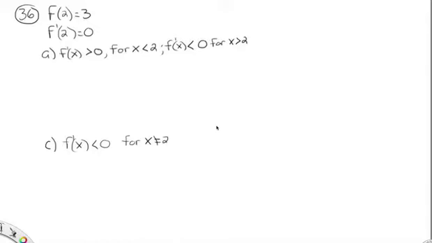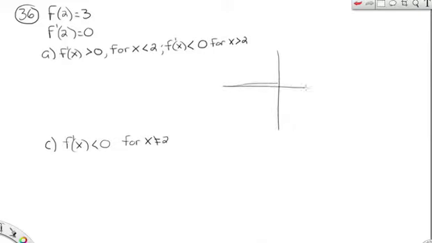Okay, this will be part 5 of the section 4.2 assignment. Starting at number 36 here, it says, sketch a graph of a differentiable function that has the given properties. So we have to make sure that we make something that's differentiable, which means differentiable at all values. Okay, so the couple of things we know for sure